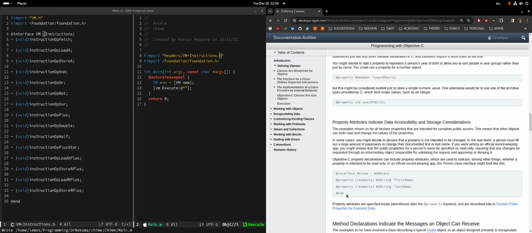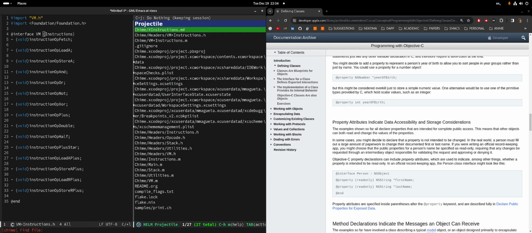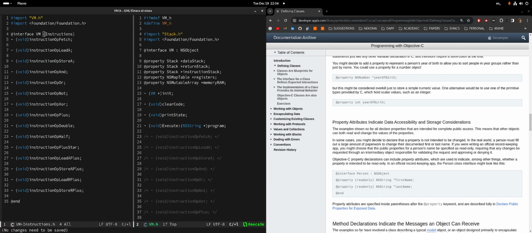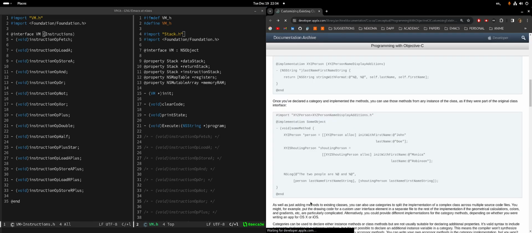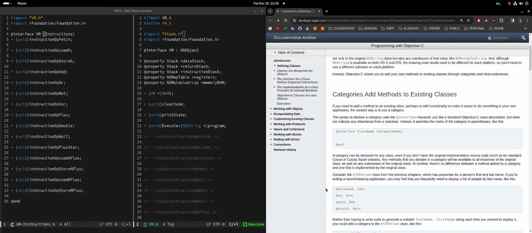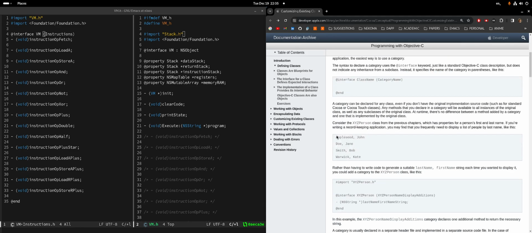So that's how he declares a class. We are doing exactly the same thing. I'm so lost. Why is this cool feature not working? I don't know. This feature should work awesome, and it isn't working awesome. We are doing that: interface, VM, category name, instructions. We are declaring all the extra stuff that you're going to have. That's cool. Then,